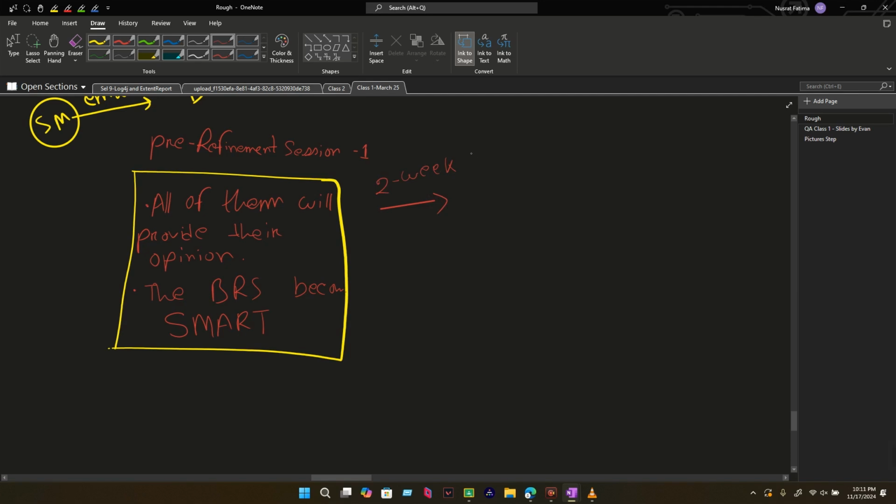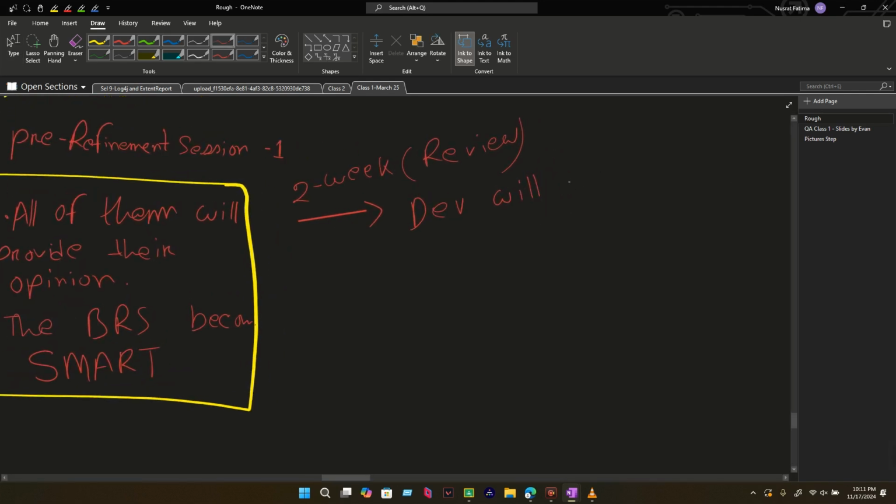The product owner will give them 2 weeks' time so the whole team can understand how much time it will take. So let me write it here. They will understand